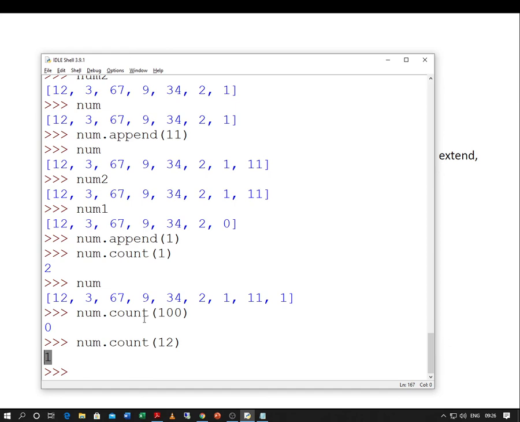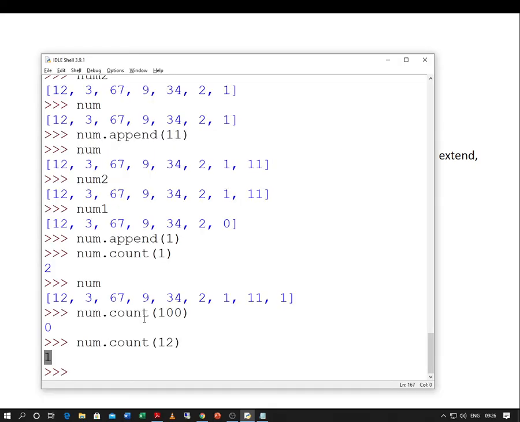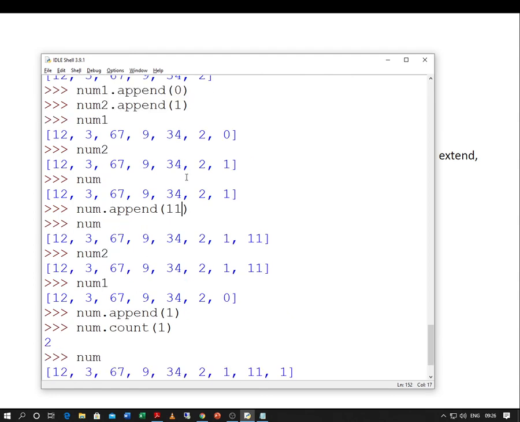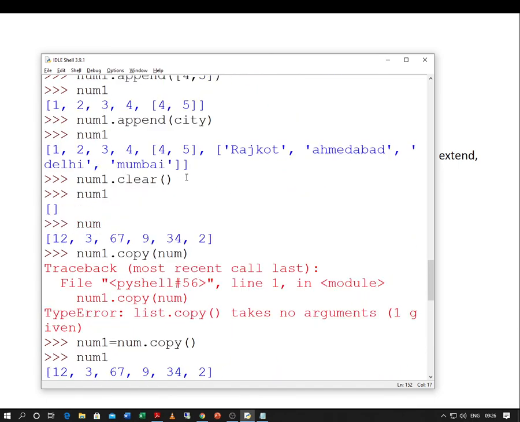Now we go to the next method as far as the list is concerned, the extend method. Now with append, we have seen we can add a single element, or we have seen that with the append actually we can add a list as well.